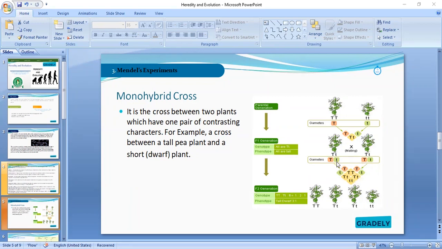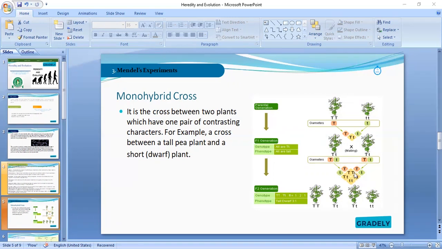And when this small t here crosses with this small t, we have small t small t. Are you getting it? Now the 4 offspring have been produced. Now you begin to see that this capital T T is a homozygous character. Small t small t is also homozygous, but it's short. Now, capital T, small t, they are heterozygous for tallness. Remember, because we have a dominant character superseding, we call it tallness. So we have 4 offspring here.